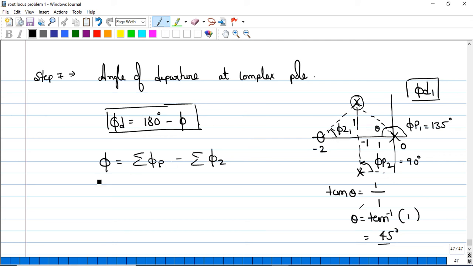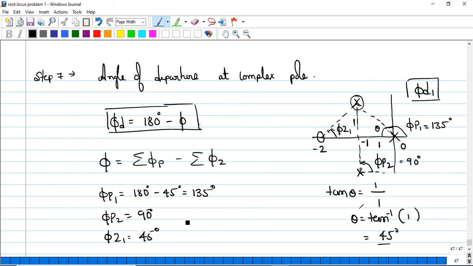So let me write, here I will write angle made by pole 1, that is equal to 180 degrees minus 45, I will get it as 135, and I know the angle made by pole 2 as 90 degrees, and the angle made by zero 1 will be 45 degrees. Okay, and finally if I